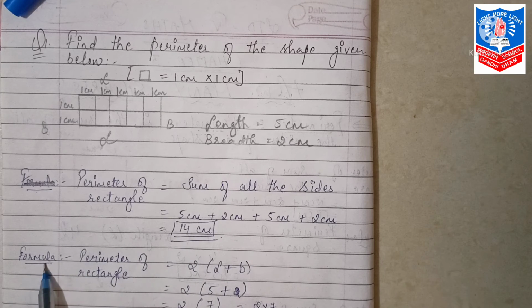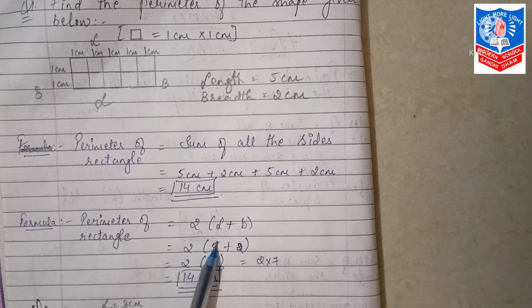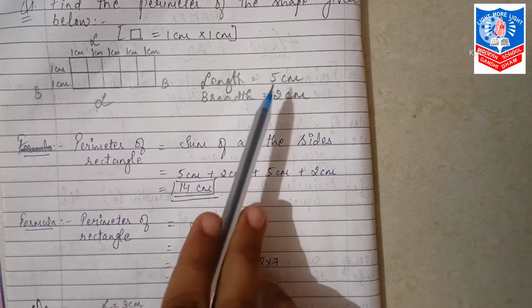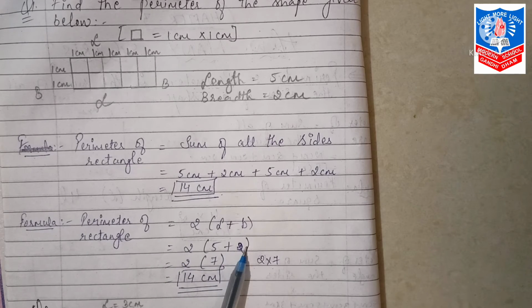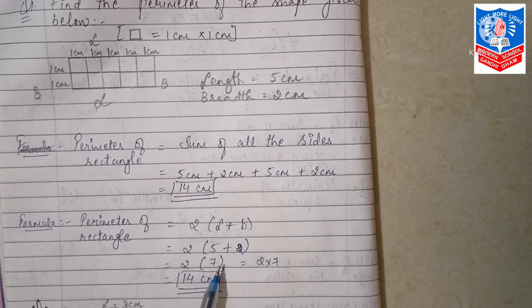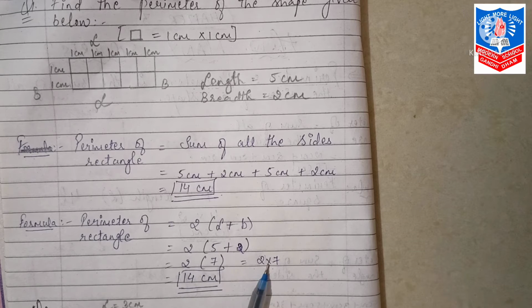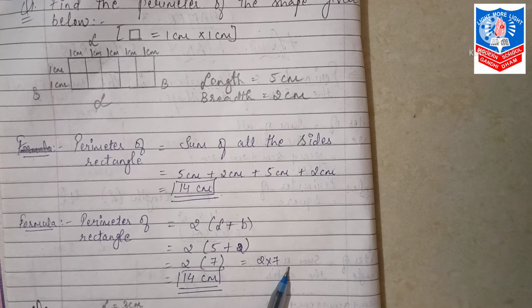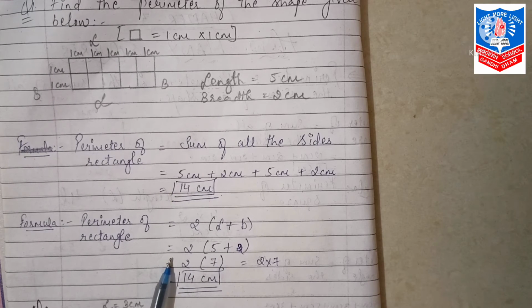Now the same we are going to apply with the formula. Perimeter of rectangle is equal to 2 bracket में length plus breadth. Next step, 2, length is 5 centimeter, given 5 boxes 5 centimeter. Then breadth is 2 centimeter, 2 boxes equals 2 centimeter. Then we are going to add both of these. 5 plus 2 is 7 and 2 will remain the same. Then no sign is there, that means we will multiply. 2 into 7, 2 sevens are 14 centimeter. So both the answers are correct. That means your sum is correct.